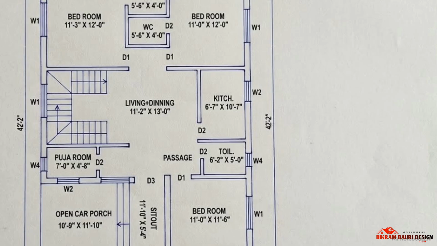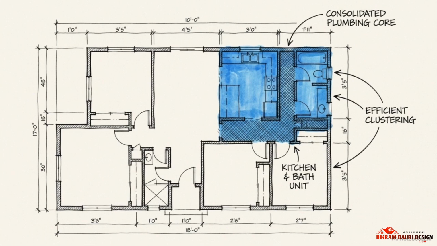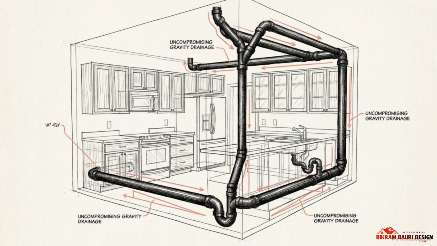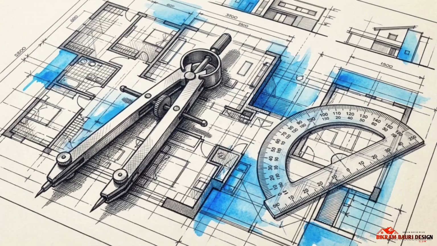A secondary utility cluster sits on the opposite side of the house. The common toilet and the kitchen are positioned in close proximity along the right-hand exterior wall. By clustering the kitchen and third bathroom on the same side of the footprint, the layout dramatically simplifies the overall exterior drainage network routing outward to the municipal sewer. Rooms are designed for human comfort, but their exact positions are strictly governed by the uncompromising physics of gravity drainage and water pressure. Scaling down from macro zoning, the livability of the space is finalized by micro interactions, fenestration or